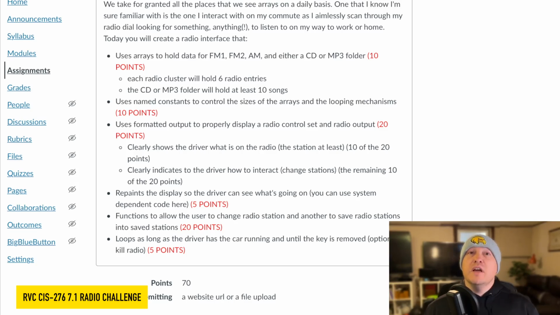20 points here for functions. Now, just as a breadcrumb trail here, I will tell you, you'll notice that our functions requirement is way, way down here in the description. That is not necessarily an accident. Think about what you want to do for the layout of your program first, and then build your function calls